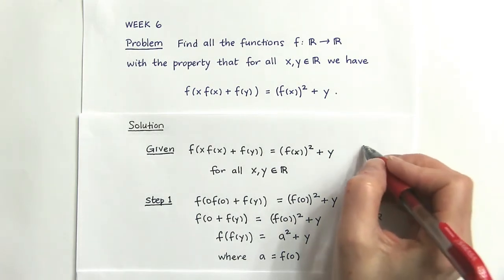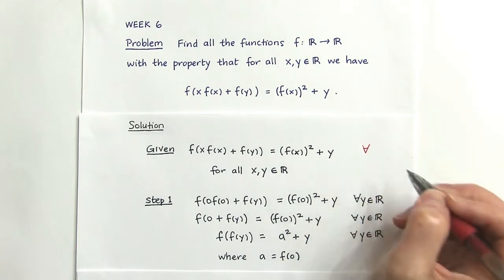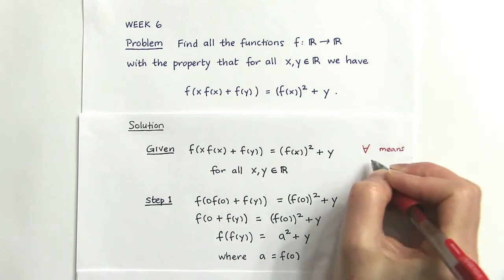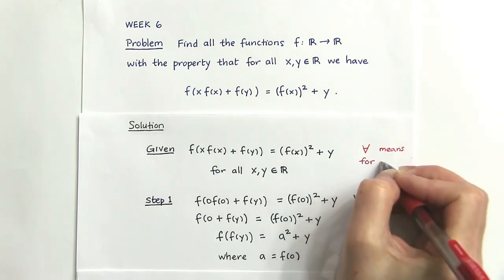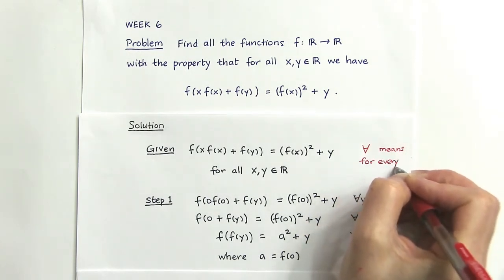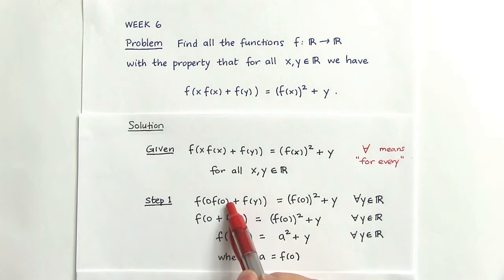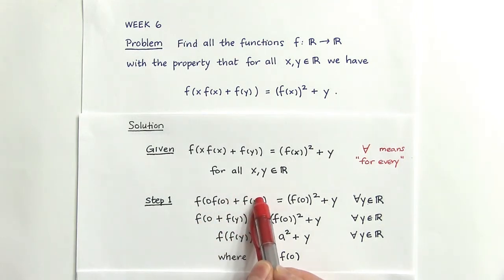Here I'm using the upside down capital A, which means for every, or for all. Simplifying this expression down, we have 0 here, so we have f evaluated at f at y on the left-hand side,